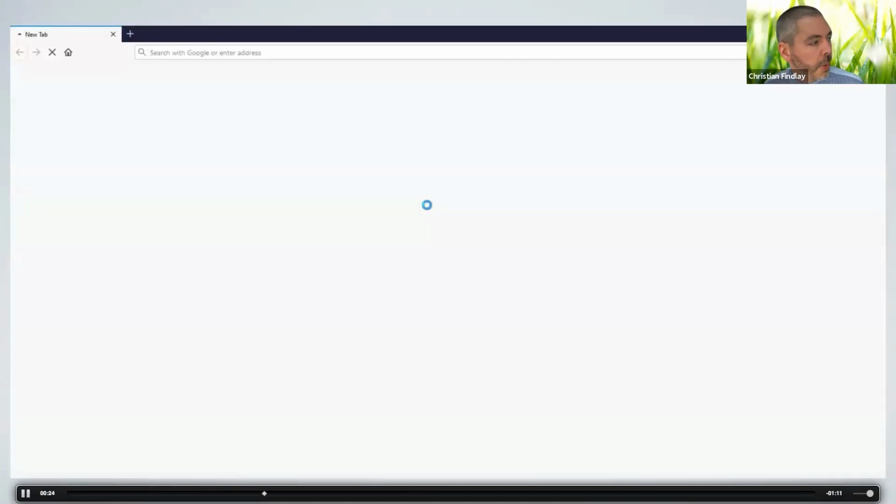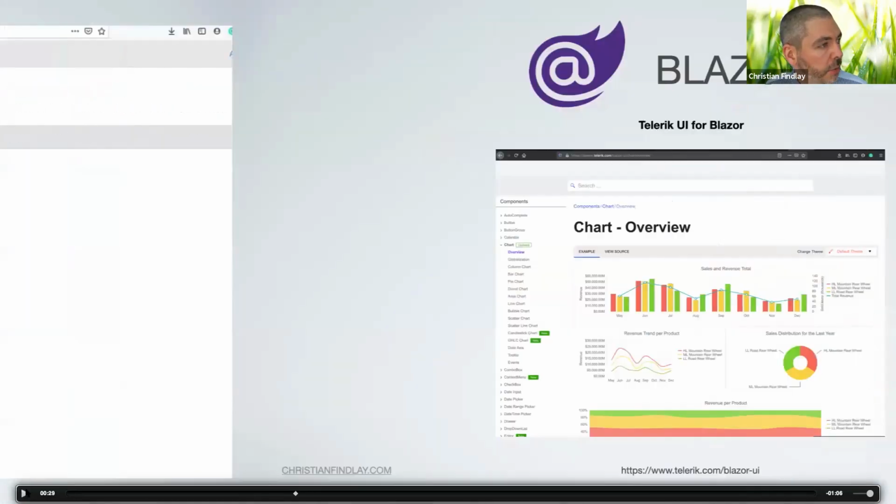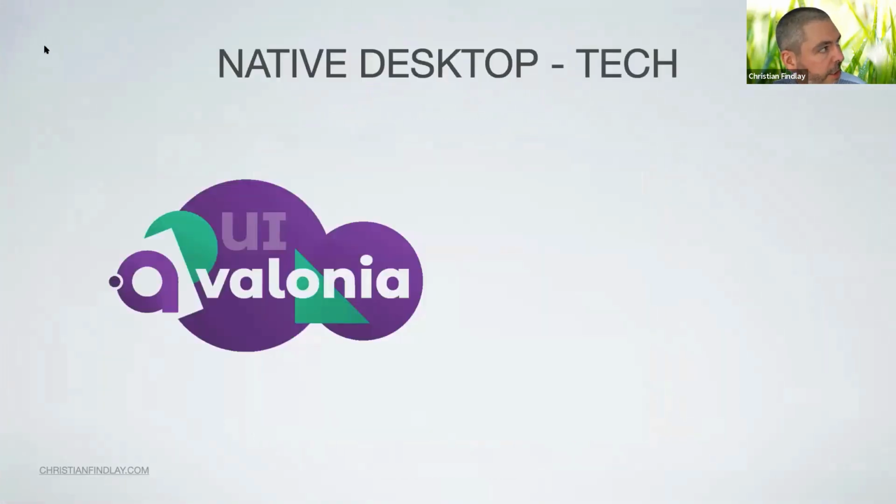Here we're just running the Blazor sample inside the browser. This is probably what most people have already seen. It's a pretty common sort of demo.